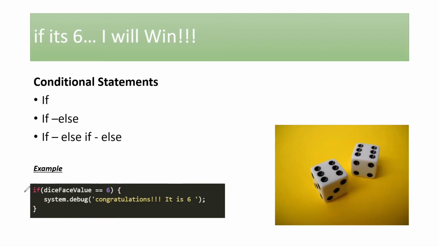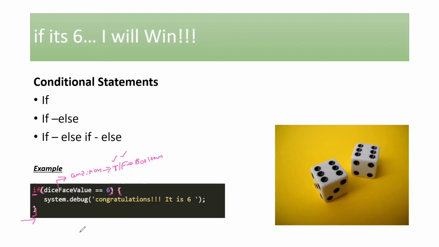This is how your if syntax would look. You would write your if within small brackets, you would write your condition. Always remember that this condition should return true or false. That means whatever this condition is returning is a Boolean value. If the condition is returning true, that is where your if block would be executed. Within the small brackets, you would write the condition. The condition would be returning a true or false value depending on your logic. And within the curly braces, you would write the logic that you want to perform when the condition of your if is satisfied. That is your if block.